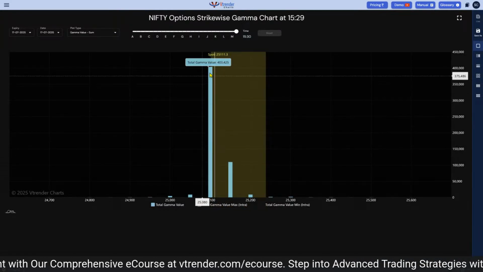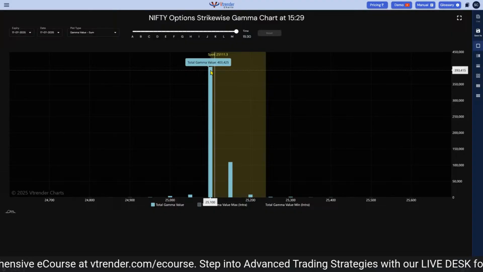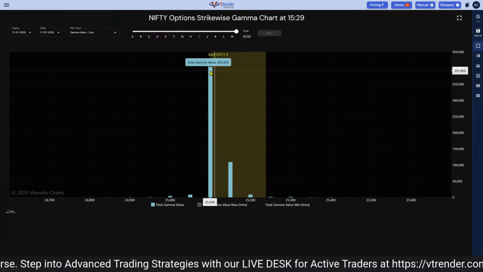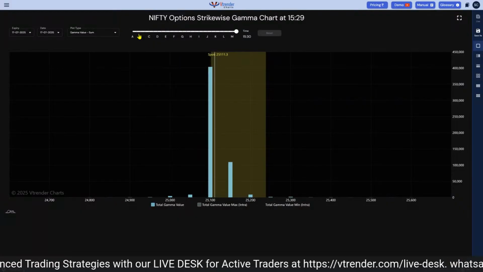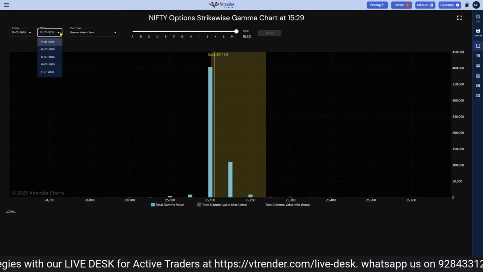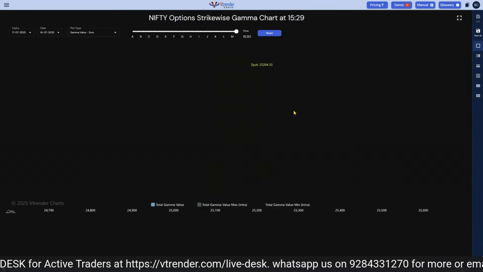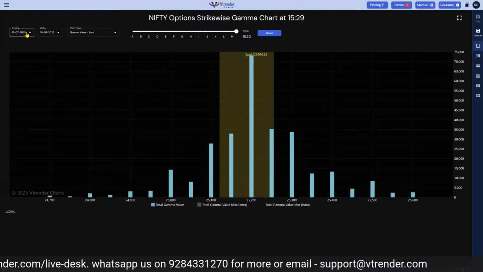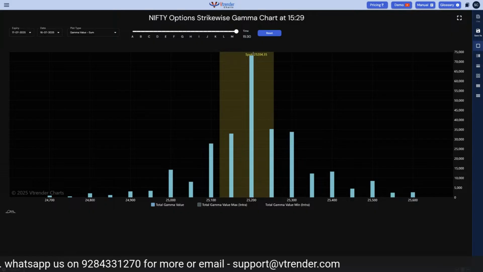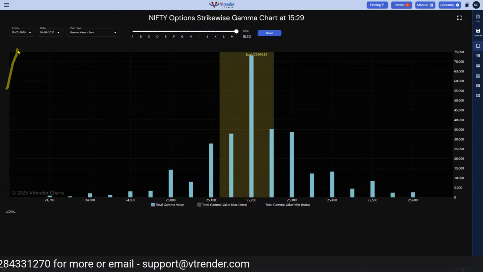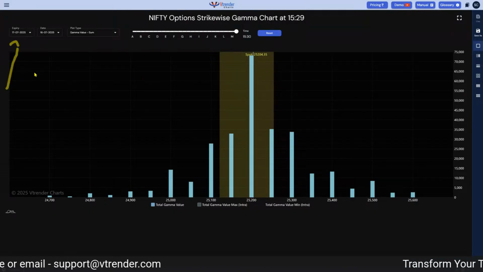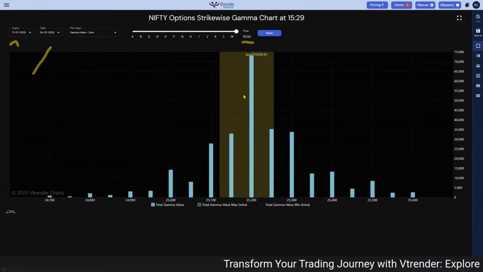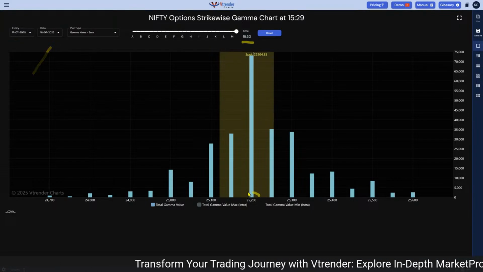The market closed at 25,100, and the gamma positioning was heaviest at 25,100. Now this is a dynamic picture of the market. In fact, even yesterday I was posting this chart about what the gamma was yesterday at the close. I just shifted the date to yesterday, and the settlement is still on the 17th of July, but I posted this chart at 3:30 p.m. yesterday, 16th of July. And yesterday the gamma was high at 25,200.